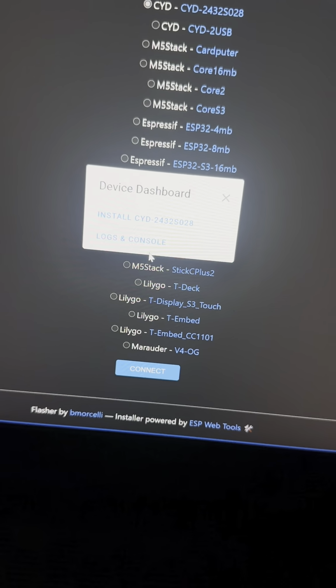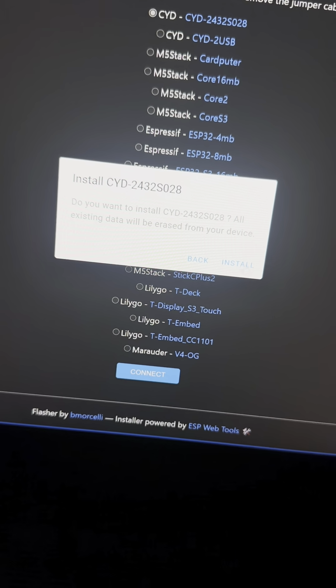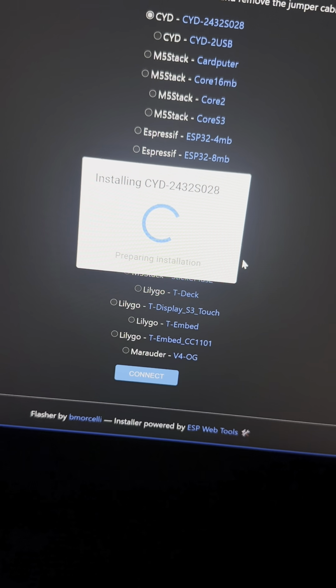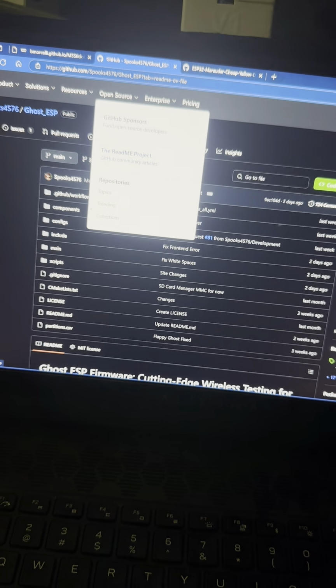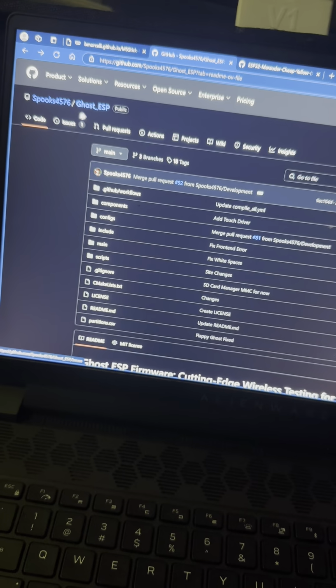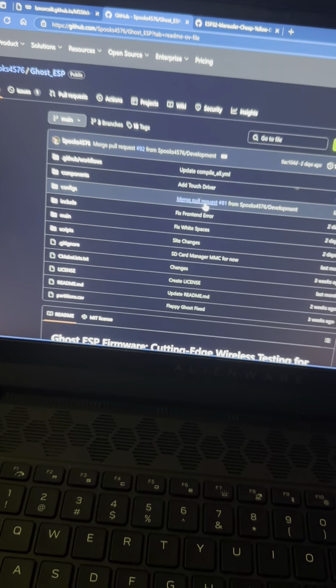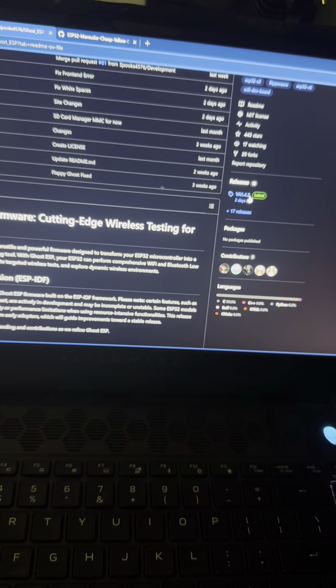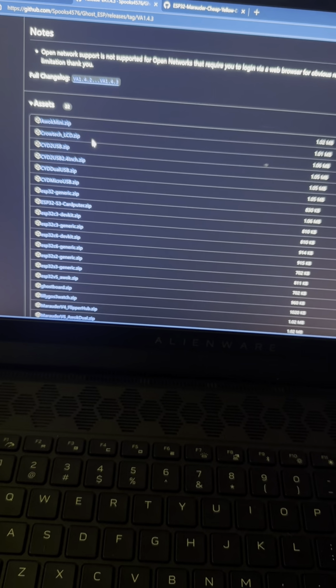And then it says install right there. We're gonna install it. Now as that's going, I want you to come over to this GitHub right here. Spooks Ghost ESP. Go over to this, the latest, 2 days ago. And you're gonna wanna find,